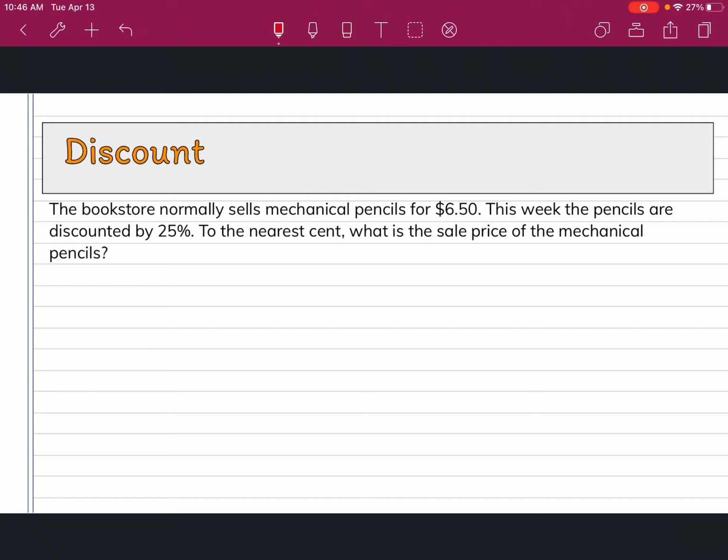Okay, here's a problem on discount. The bookstore normally sells mechanical pencils for $6.50. This week, the pencils are discounted by 25%. To the nearest cent, what is the sale price of the mechanical pencils? Again, there's two ways to do this. We know that we're originally having pencils for $6.50, but we are discounted by 25%. So I need to find what 25% is so I know how much money I'm taking off. So 25% as a decimal is 0.25, so I can multiply 6.50 by 0.25, and I'll get